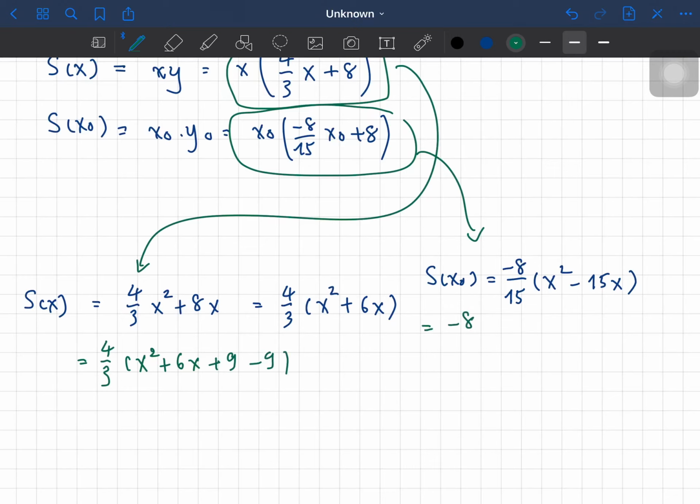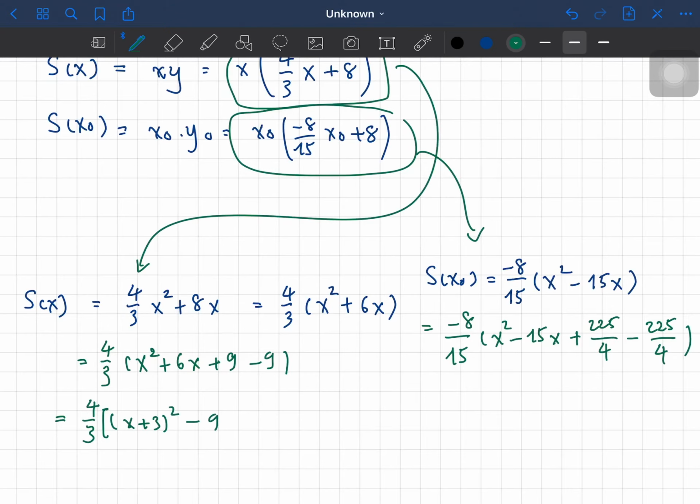And on the other hand, we have here this, the coefficients and this constant. And so we can factorize the first 3 terms, obtaining x plus 3 squared minus 9 in this case. And then on the other hand, we have here